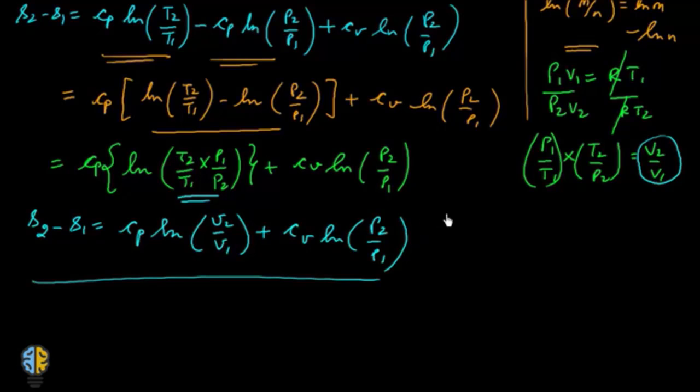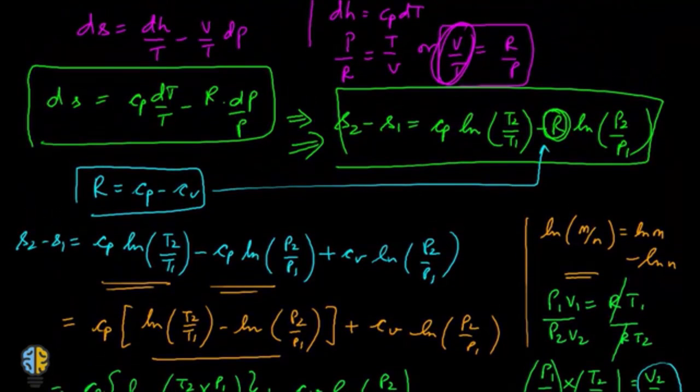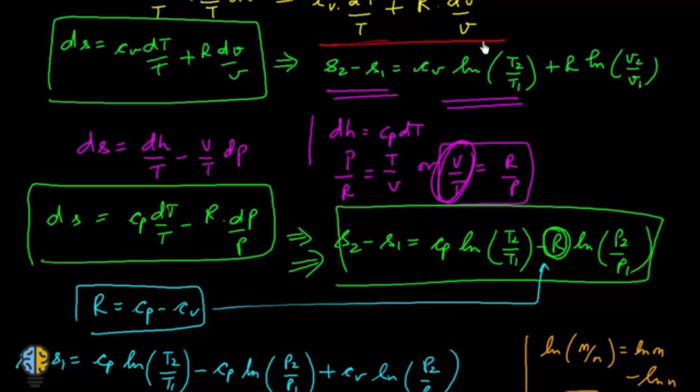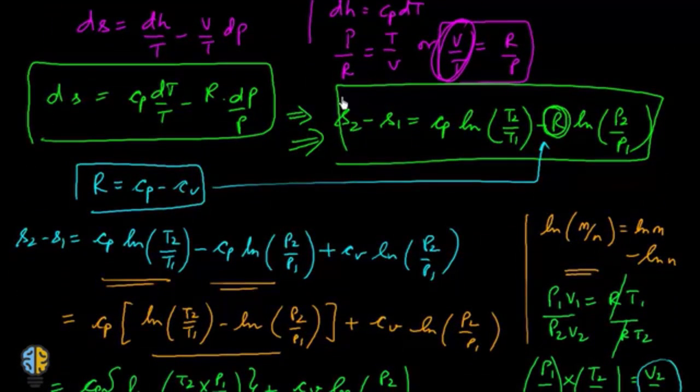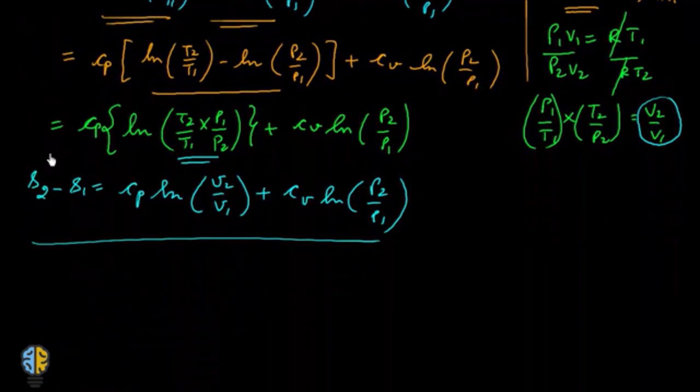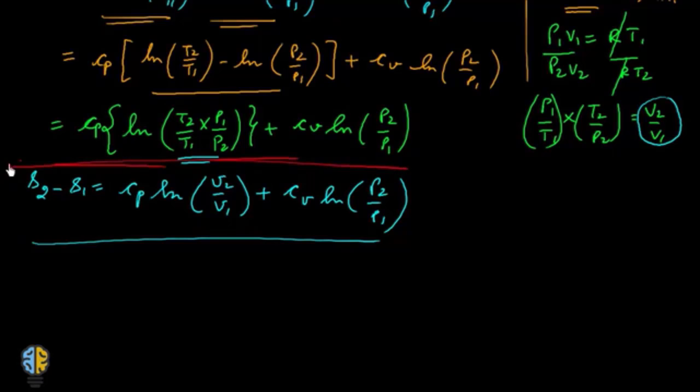So the equations that we can use to compute the entropy change. This is the first equation, so let me put it inside a beautiful red box. This is the first equation that we can use. I hope you noted it down. This is the second equation that we can use to find out the entropy change. And the third equation that we can use to find out the entropy change between any two states of an ideal gas is this.